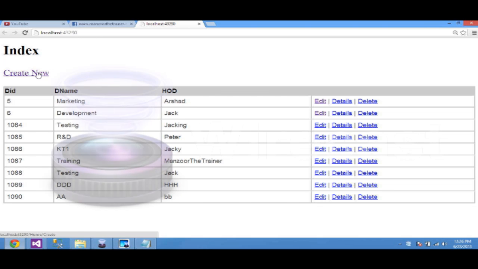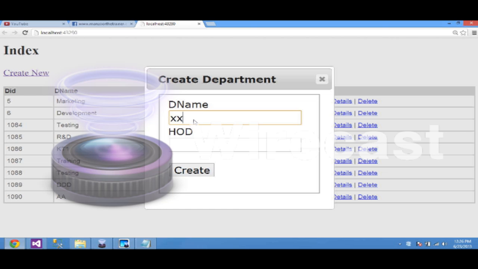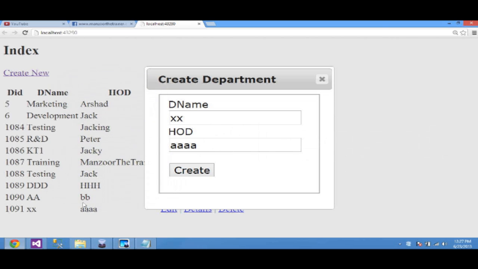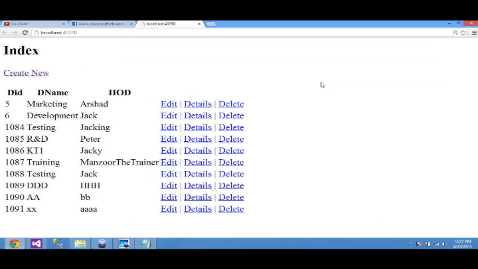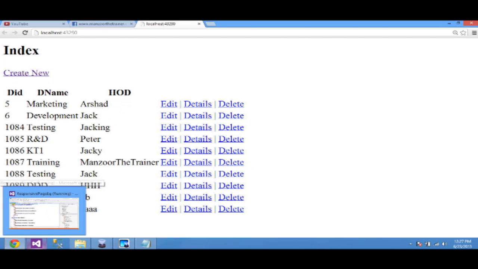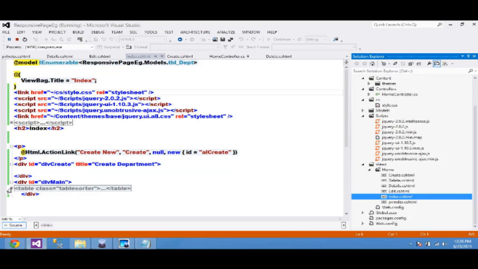Now you can see that AJAX. Style is not getting applied. Anyway, the issue of style we can look at later on. So now